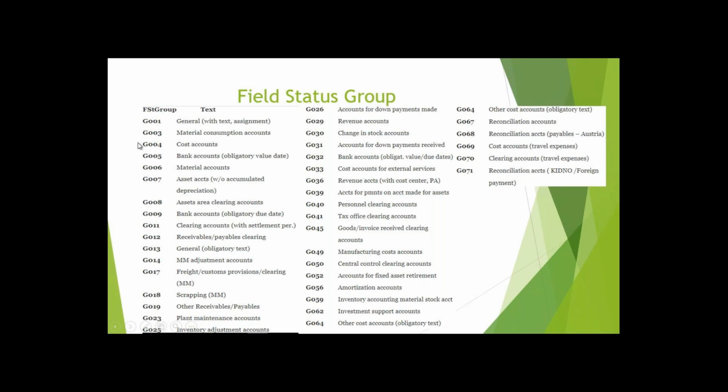G001, G003, G004 means whatever the ledger you create. Now you have told conveyances is one ledger that comes under expenditure. So if it comes to the sales or a purchase, the bill which we will be clearing should come under the clearing. The taxes should come under the liabilities taxes. And asset should come under the fixed asset.